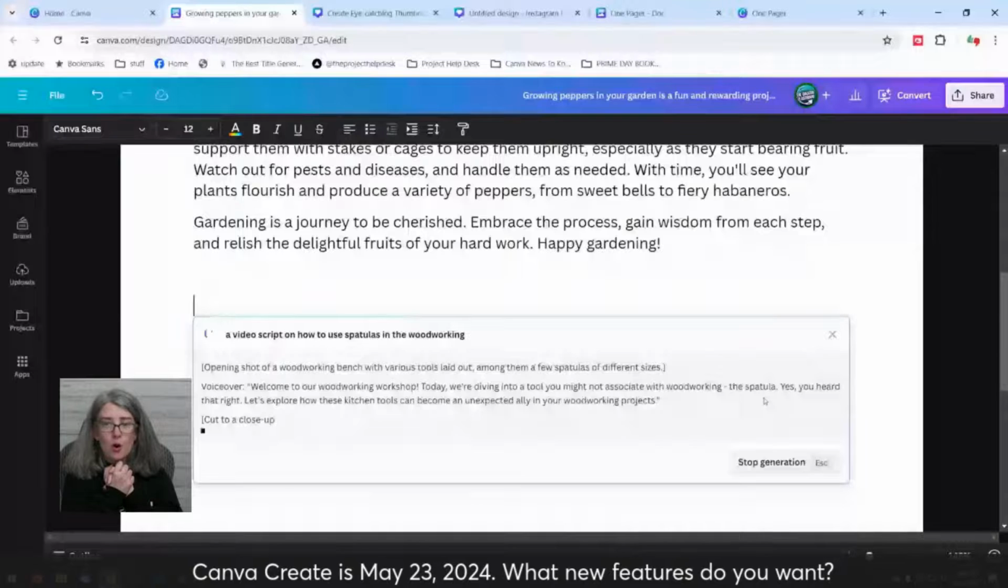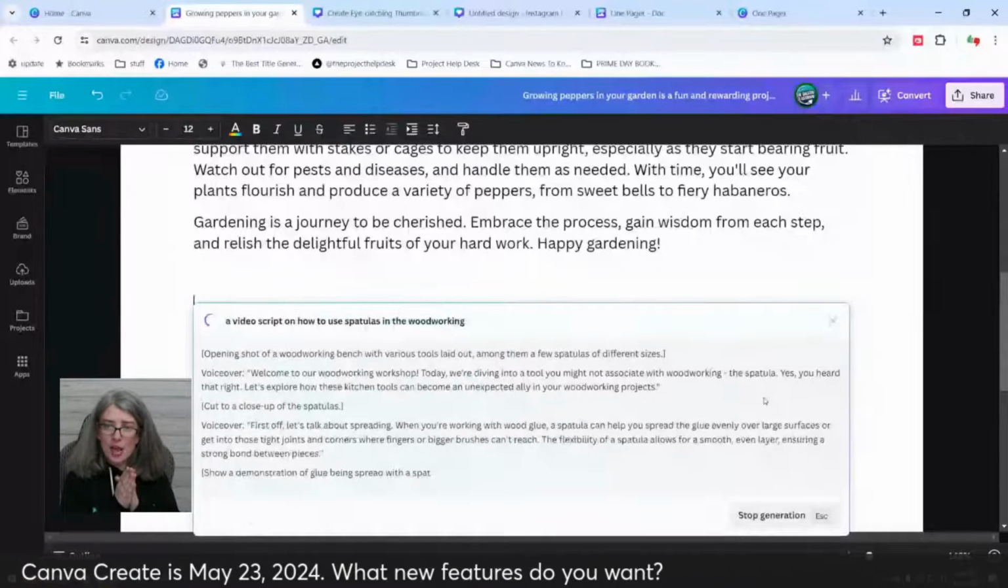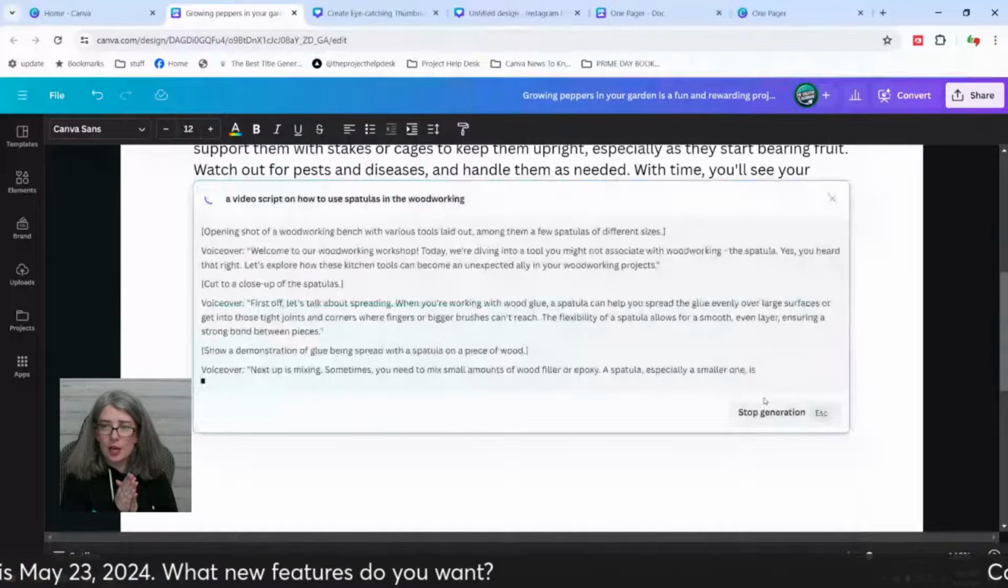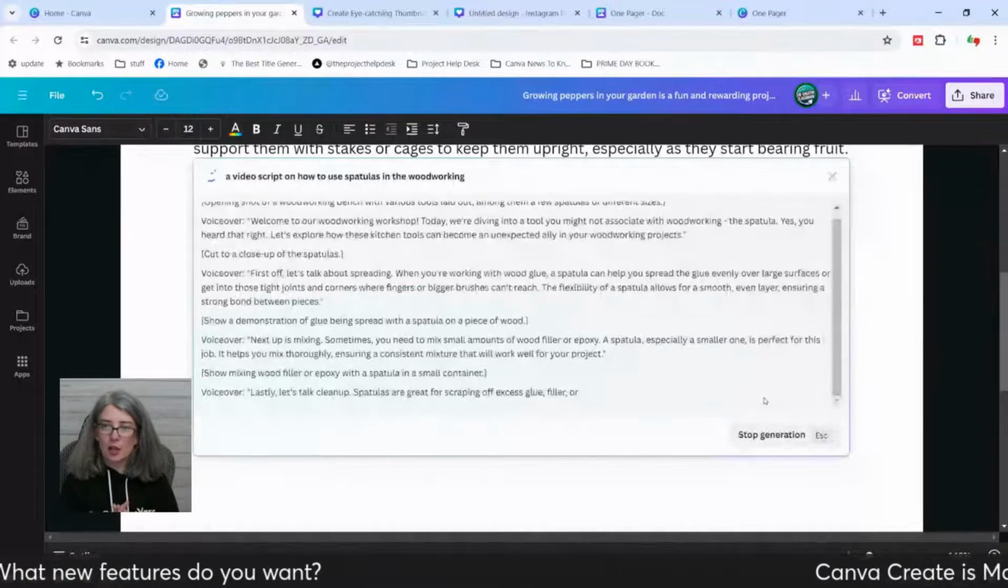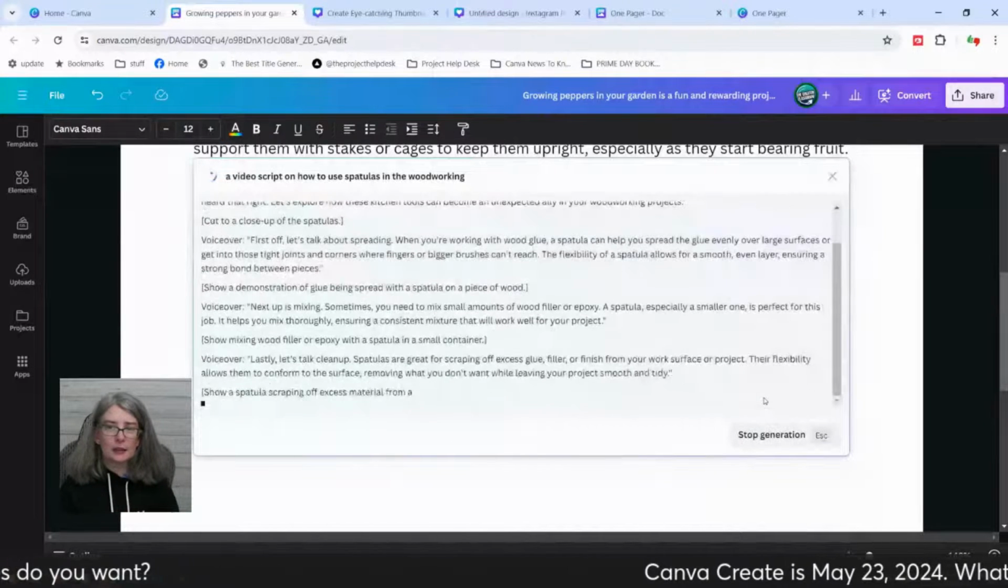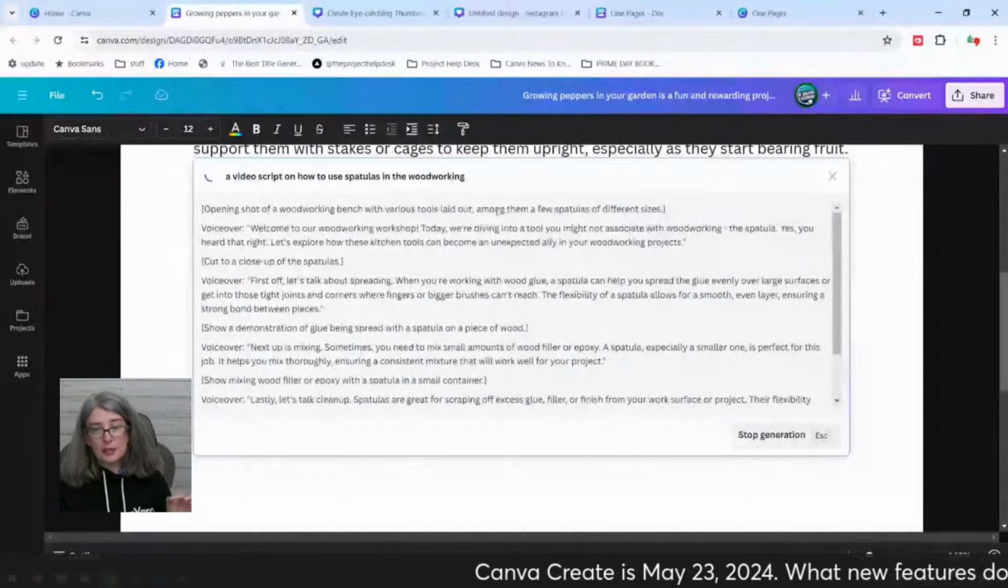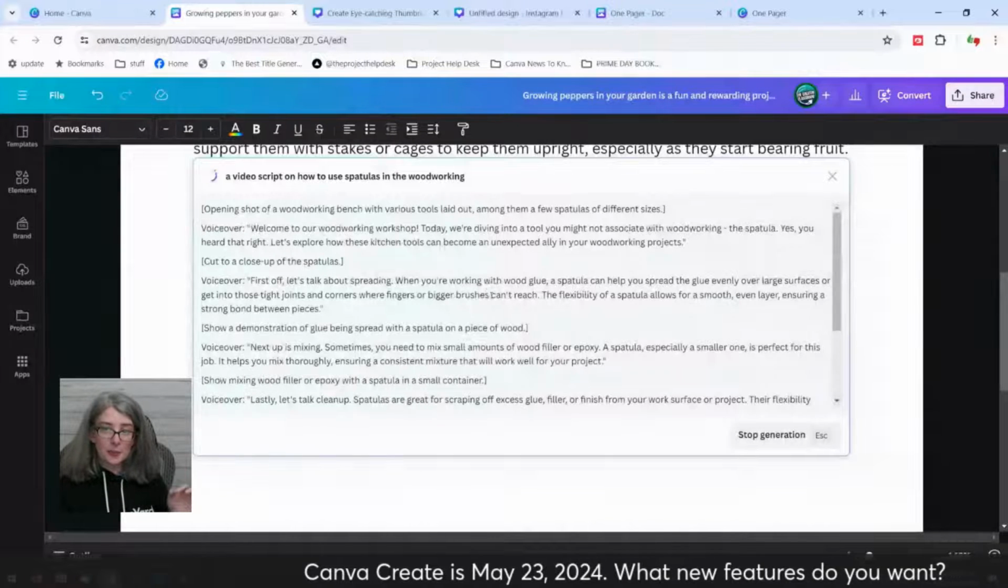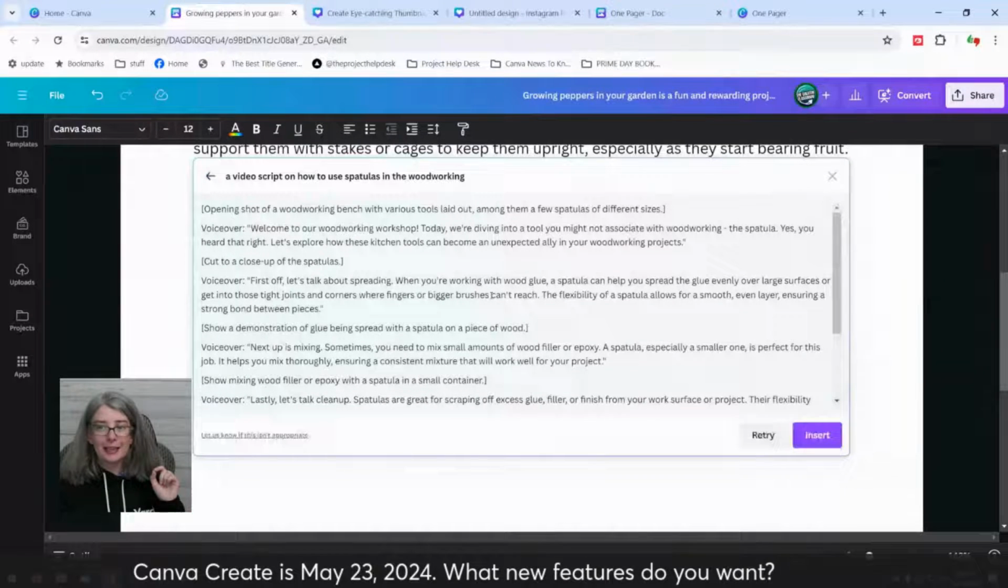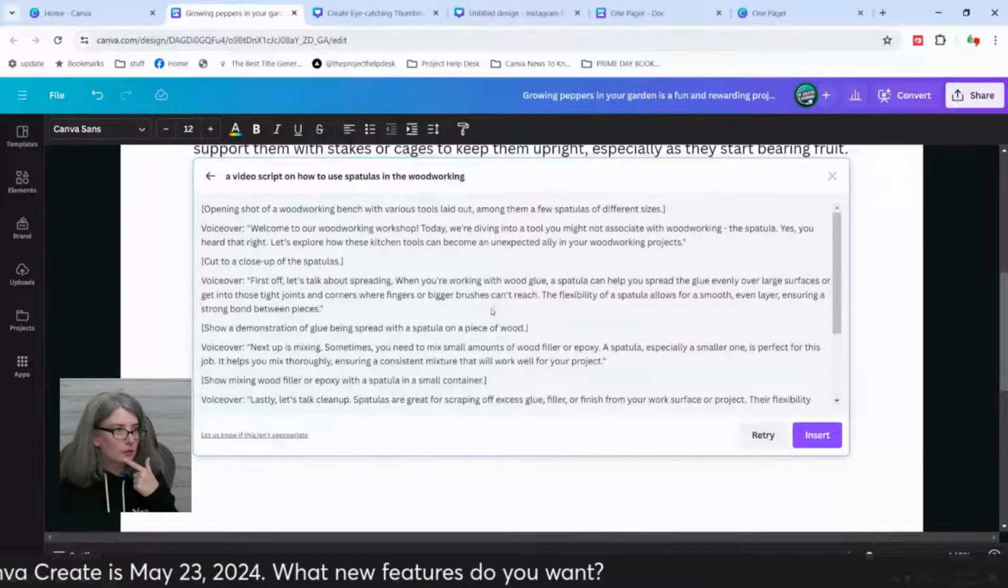Welcome to our woodworking wood shop. Today we're diving into a tool you might not associate with woodworking, the spatula. Yes, you heard that right. Let's explore how these kitchen tools can become your unexpected ally in your woodworking projects. Like,